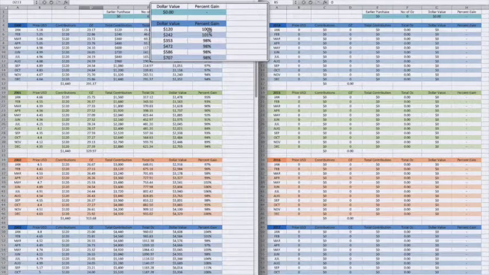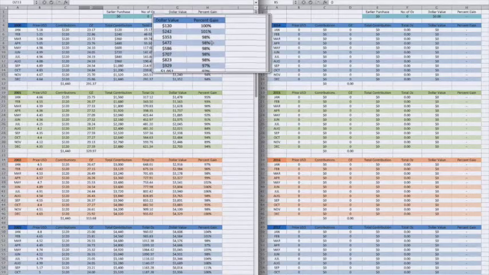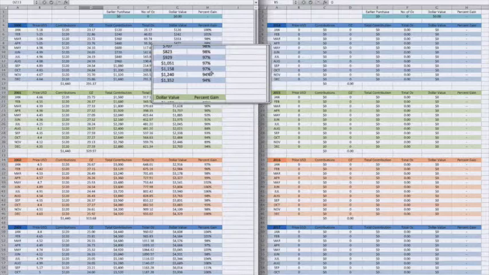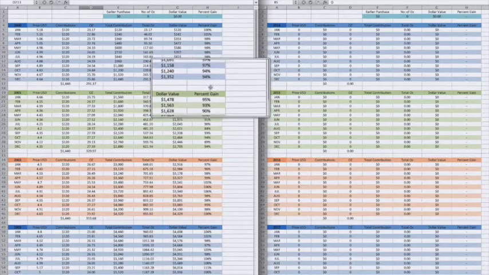Now the interesting thing here, as I've put money in, obviously on the first time I've made absolutely no gain, but I still have all the money that I've contributed. It went up, then it actually went down. So I had lost 2% of my money, lost 2%, lost 3%, lost 6%. Now that seems kind of scary, but as long as the price comes back, and I believe if you have looked into it and researched it enough, we know that it did come back, because in the year